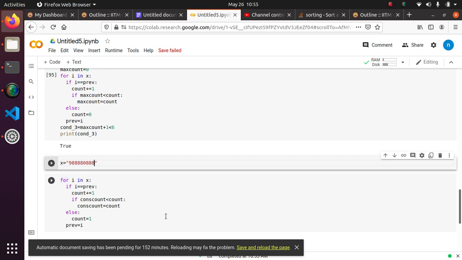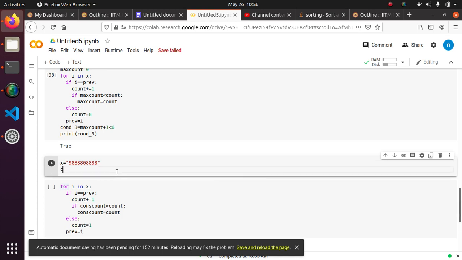So how many times do we have? It's already 7 times, and what is the length? 1 2 3 4 5, and one more number should be there, right? So 9. See, there are 10 numbers, and 8 has been repeated 7 times. In this case it should give us true. For the case where 8 has been repeated 8 times, that should give us false.